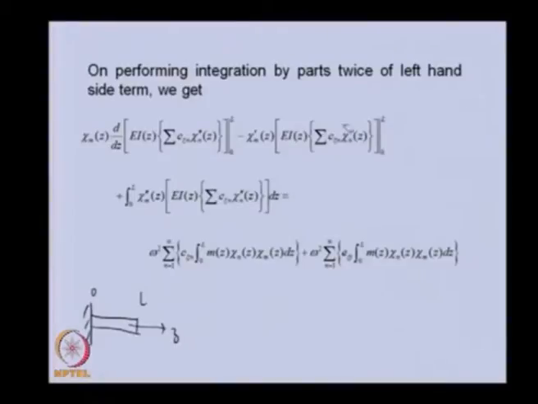Similarly, for x equal to L, this particular term will be 0. Sorry, this is the shear force because the third derivative is there, and this is the bending moment. So bending moment and shear force are 0 at x equal to L, and at x equal to 0 or z equal to 0, this slope is 0. So you can see these two terms are 0 for all possible boundary conditions. Now, for the left out terms, we will apply the orthogonality conditions here.